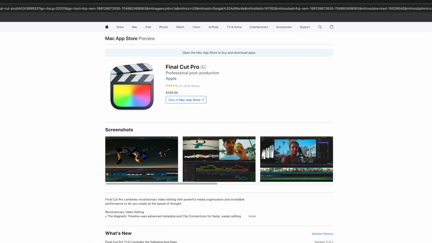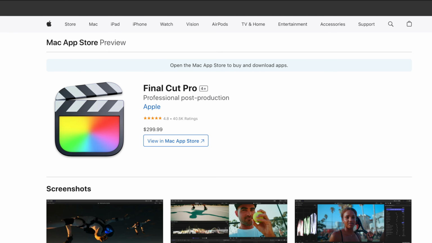Another great thing about Final Cut Pro is that it's a one-time fee as opposed to a lot of other editing apps, particularly Adobe's Premiere Pro, which is a very popular app, but that one is subscription-based. And you might have a little sticker shock when you first look at the price of Final Cut Pro. But if you do the